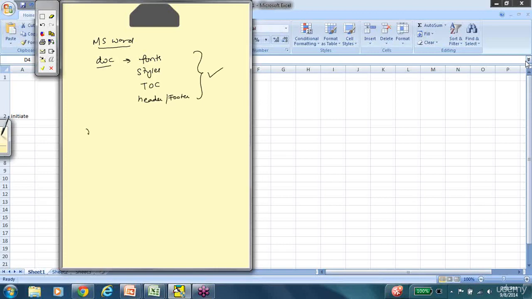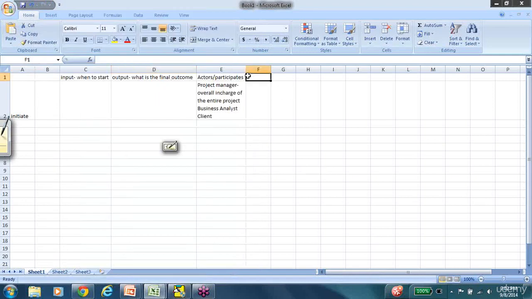But if you expect Microsoft Word to read your mind and write the document for you, can it do this? Definitely no. Maybe in the future it can, but right now it cannot. So there are some requirements that are simply not going to translate into a software system, and it is up to the business analysts and project managers to convince the client, let them know, hey, this is not possible, we can do this, but the third thing is something we cannot address. So all that is a part of